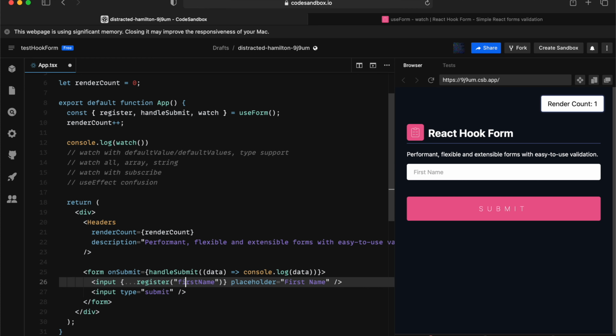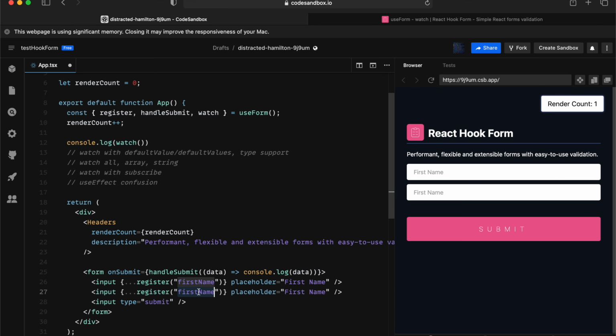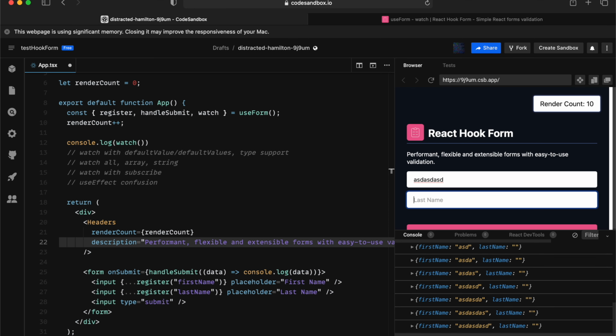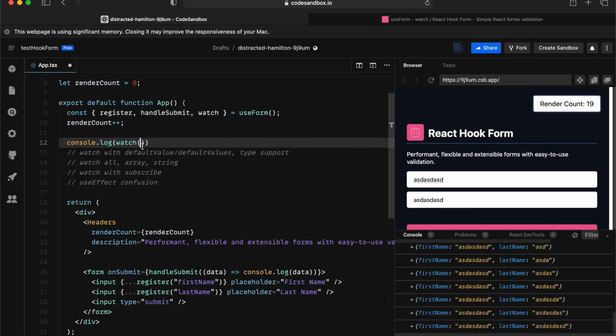So let me put down another input and showcase what's happening if we provide nothing to the Watch API. So this is kind of a typical controlled form. Every keystroke we trigger re-rendering, and Watch will return everything. But the good thing about the Watch API is, again, you can optionally subscribe to individual inputs. So if I supply the targeted input name, for example, if I just want to know last name, then what this does is